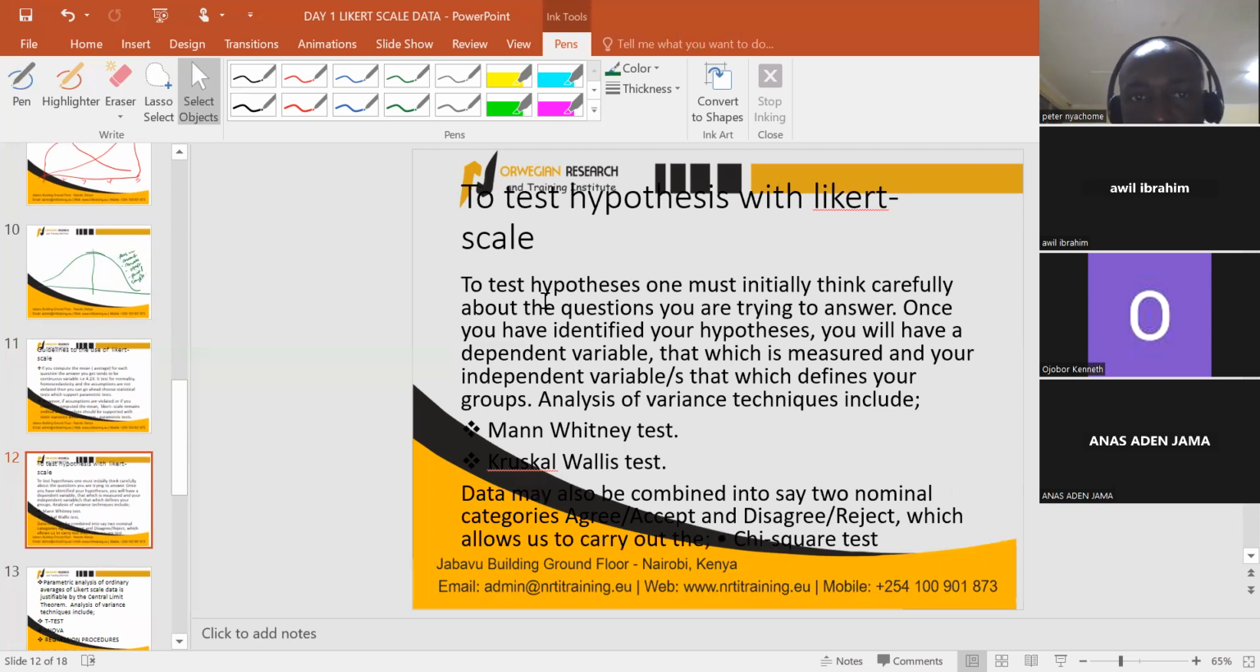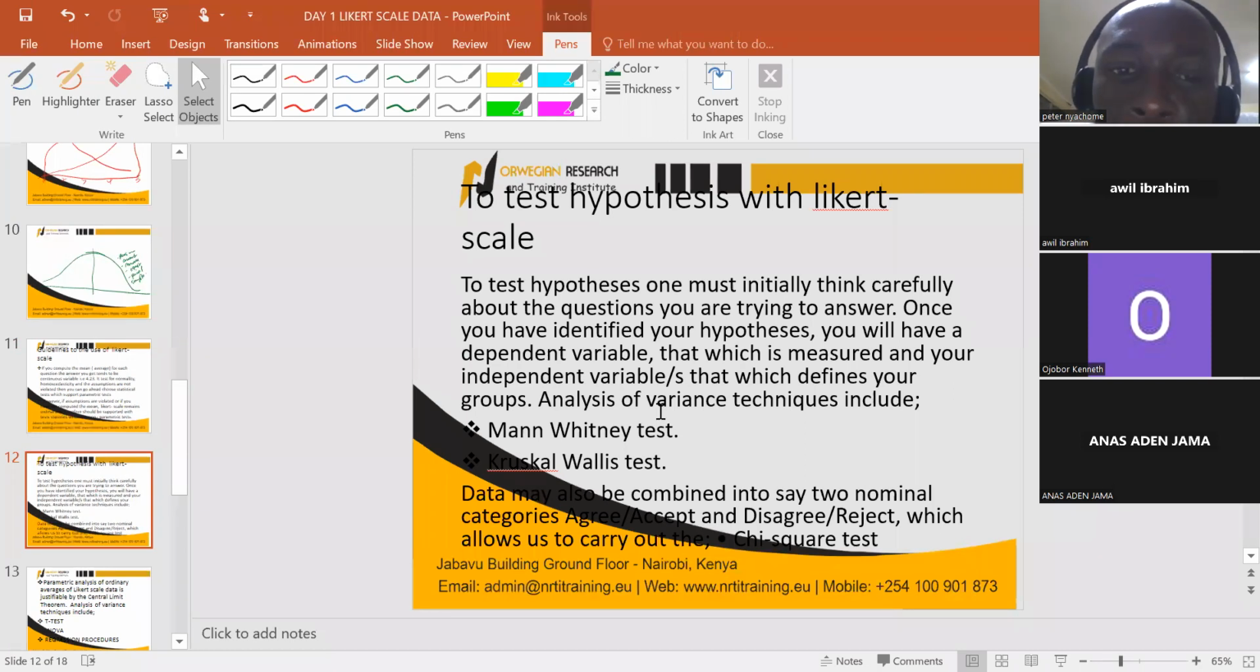Test of hypothesis. Even here, we also test hypotheses. So what are the possibilities of us testing hypotheses in Likert scale? To test hypothesis with the Likert scale, these are what you're supposed to do. To test hypothesis, one must initially think carefully about the question you are trying to answer. Okay. Analysis of variance techniques include, which simply means if at all you are comparing two groups,